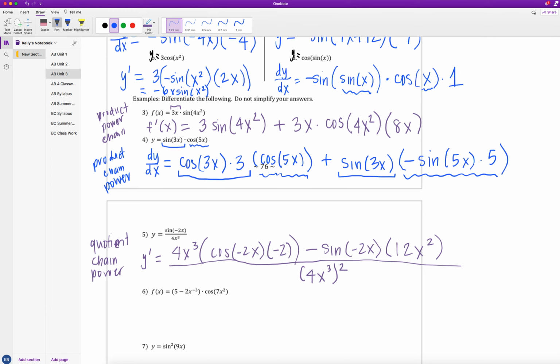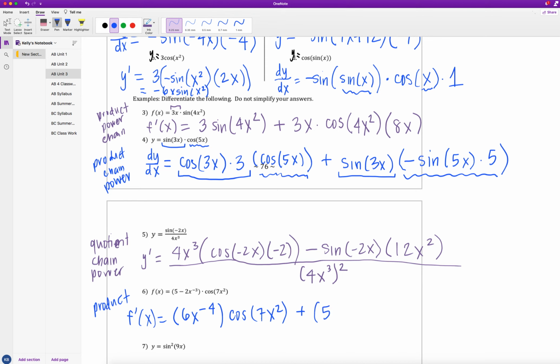So let's check our derivative in example 6. Our function here is 5 minus 2x to the negative third times cosine of 7x squared. This is definitely going to be a product rule since I have a product of two functions: the first function in parentheses times that cosine of 7x squared. So using the product rule, I take the derivative of the first function. The derivative of 5 is going to drop to 0. The derivative of negative 2x to the negative third will give me a positive 6x to the negative fourth, since I have that double negative there, times, keep the second function the same, so cosine of 7x squared gets rewritten, plus,